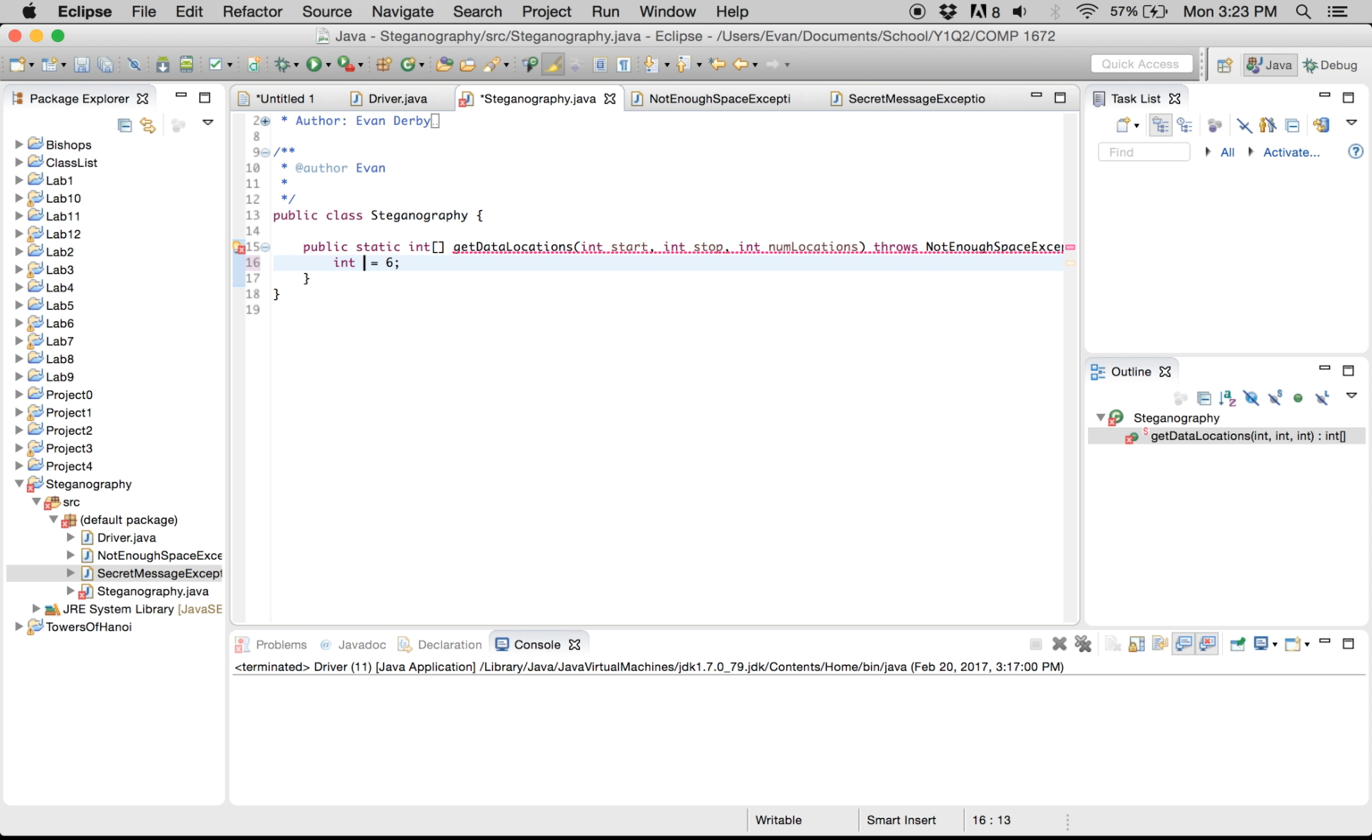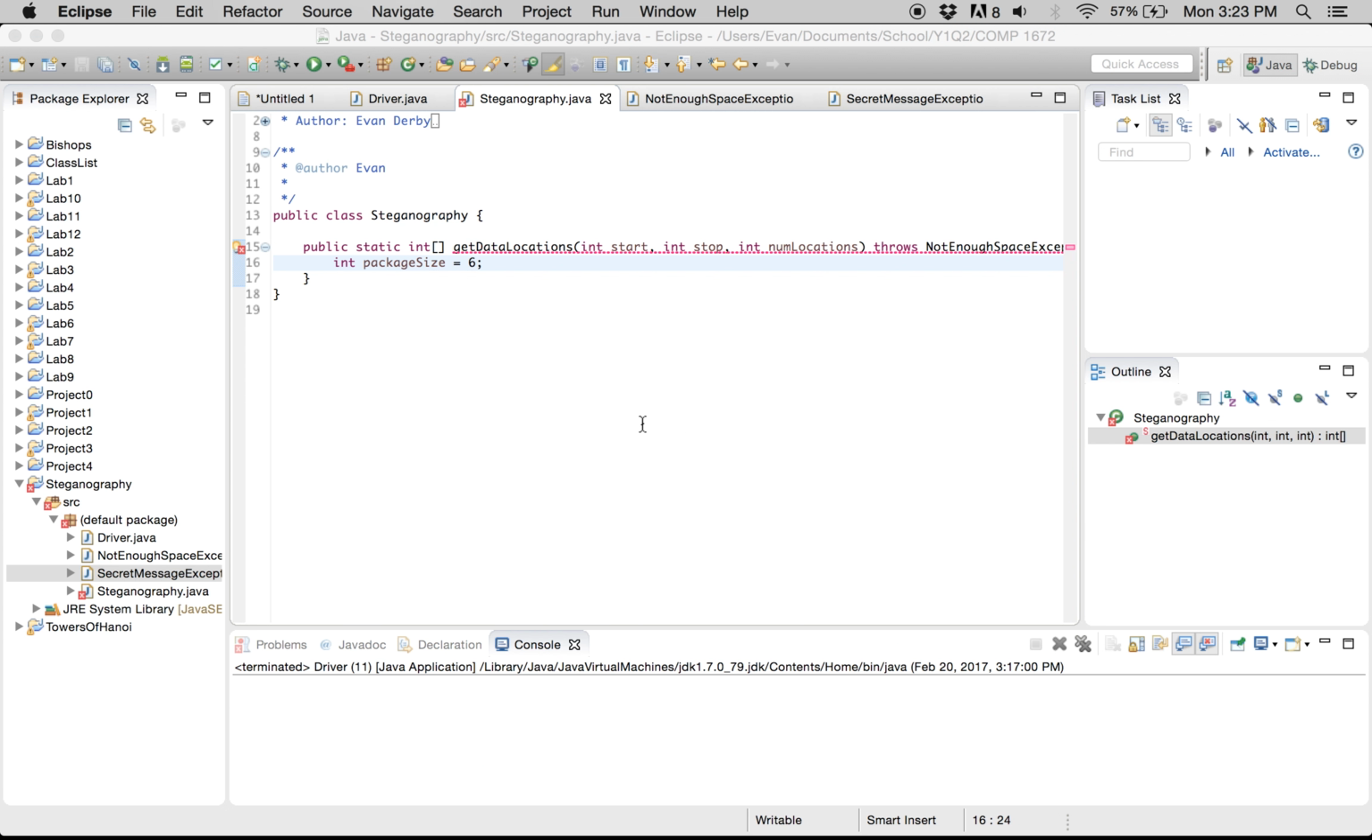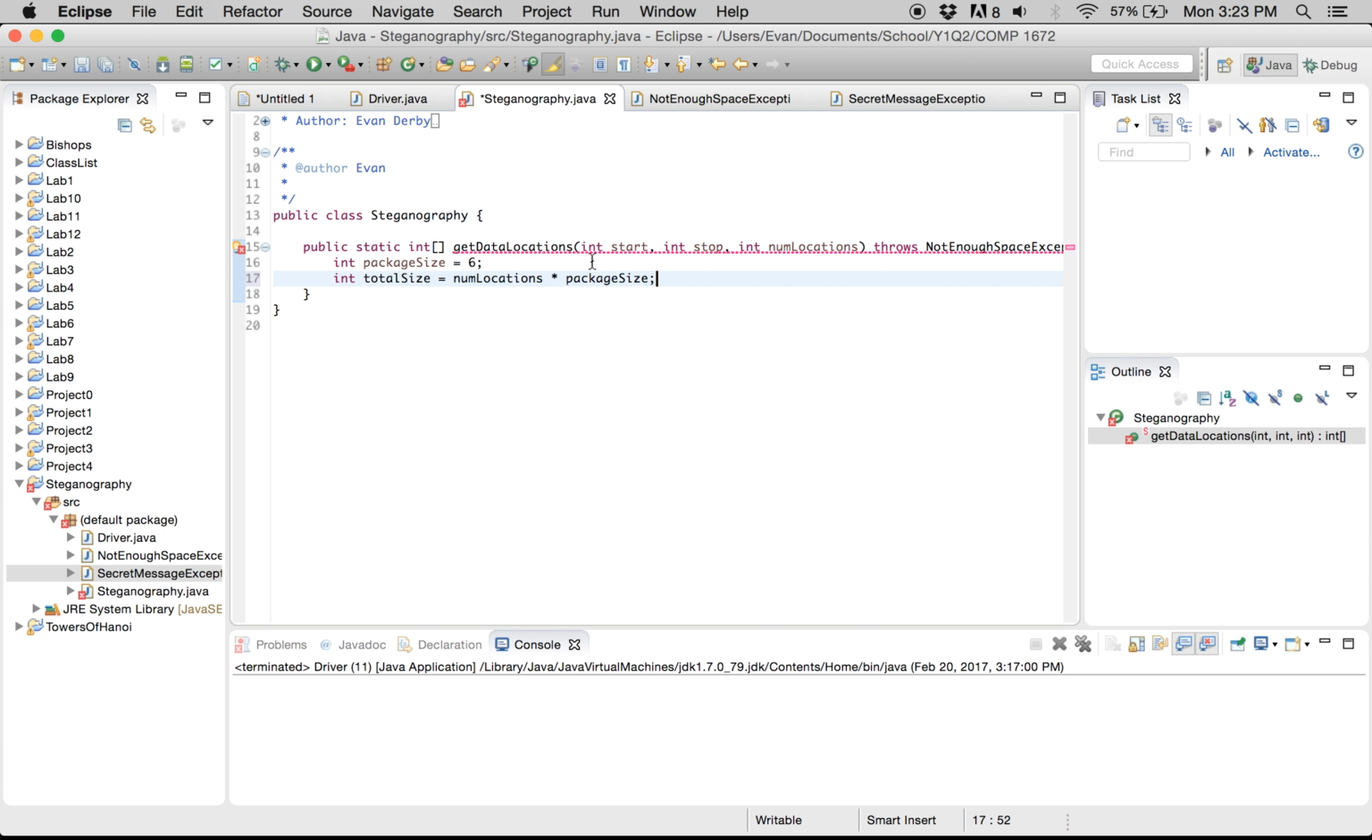Character, I don't know, package size. Anyway, so yeah, each little blip of data inside of our file is 6 bytes long, and if we have our number of locations, we know how many packages there's going to be. So we're going to say total size is number of locations times package size. So this shows us how much space all of our packets or packages are going to be taking up inside